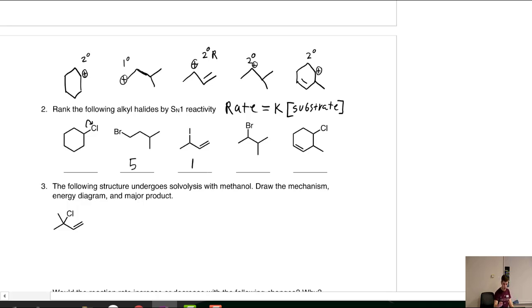Well, you may be saying, but look up here, you have a secondary carbocation, but it's next to this tertiary position, and this tertiary position that it can rearrange to is also allylic, right? It is resonance stabilized if it were to rearrange. However, you're correct in stating that this is more reactive because this carbocation forms immediately, whereas rearrangements take time to occur. So because this rearrangement would take time, this